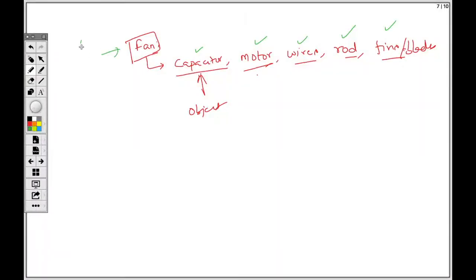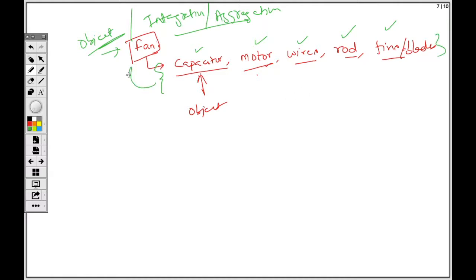A fan is basically the integration, or we can say aggregation. Fan is the aggregation of these many things. If they are aggregated in a proper manner, then a new object is composed, that is called a fan, right? And these are individual objects that are maintained by someone else.